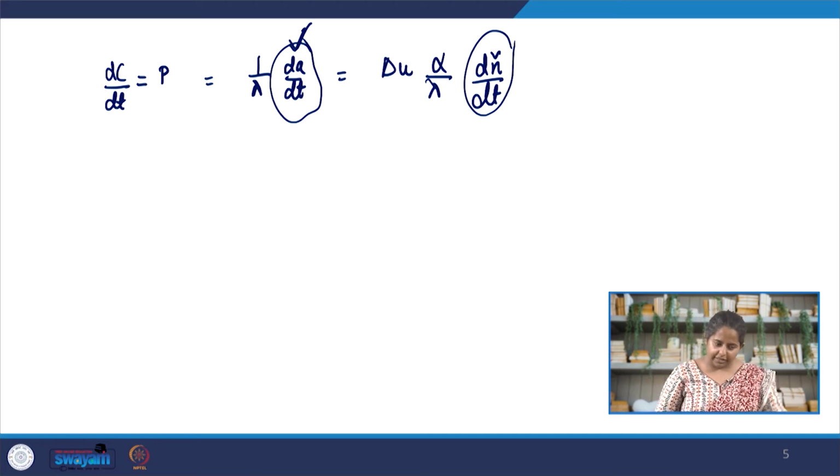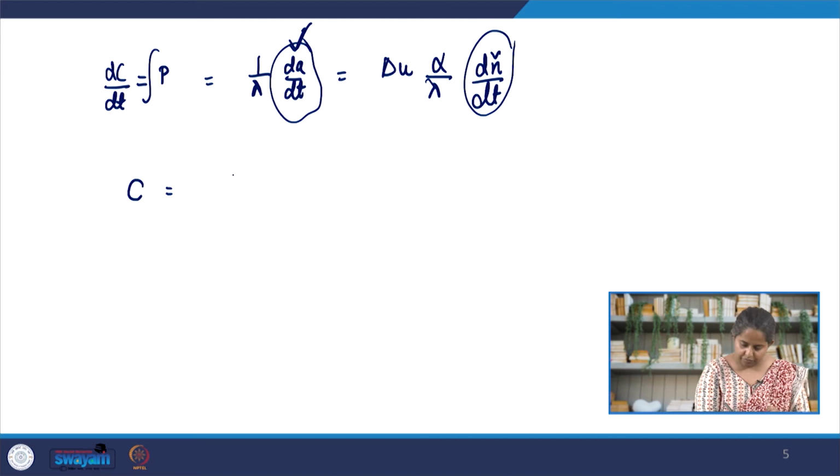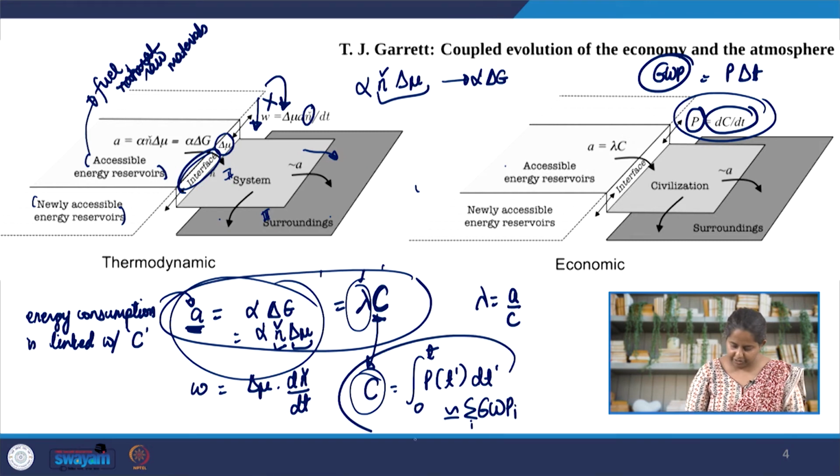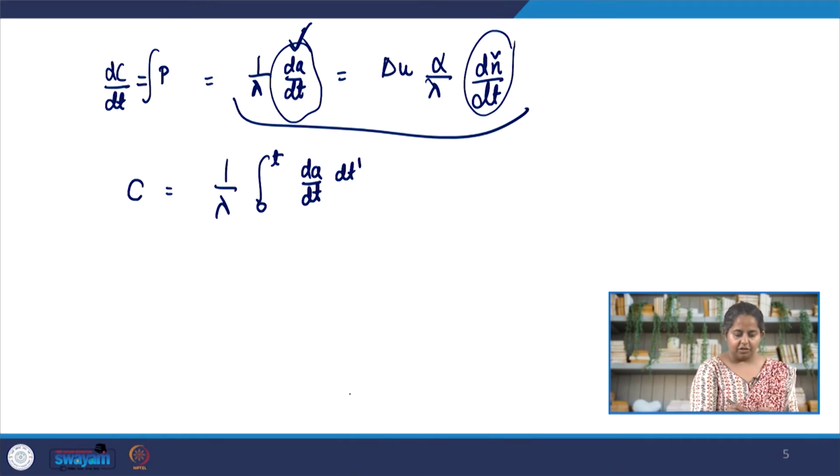Now, on the other hand, we can integrate this and talk about global wealth. So, if you want to maintain the global wealth, or if you are okay with collapsing the economy and letting the global wealth decay, we just have to integrate this system. So, C, which is the integral of P, will become, let's say if we integrate these, so this is coming directly from what I wrote here. Instead of keeping P, I have just substituted this.